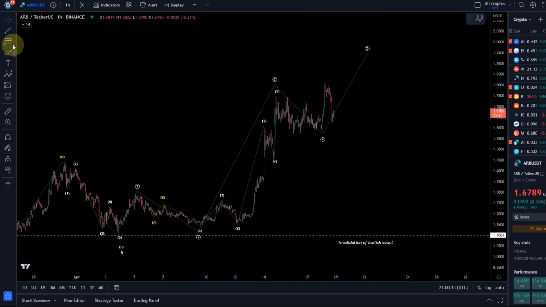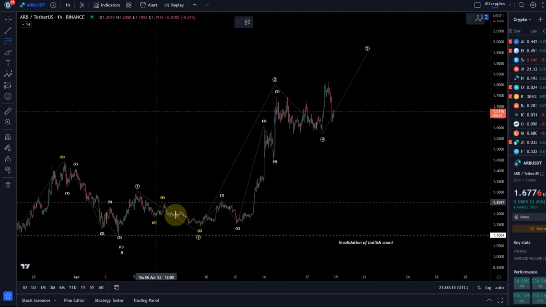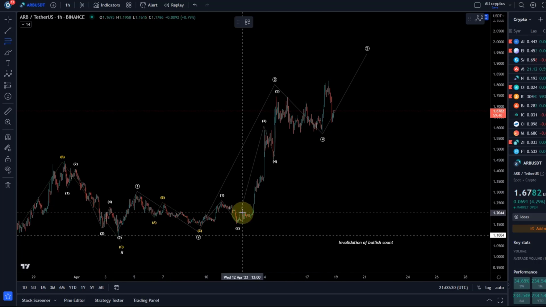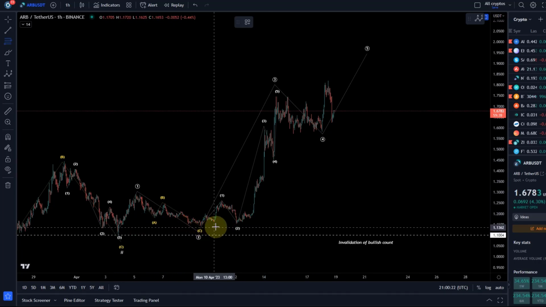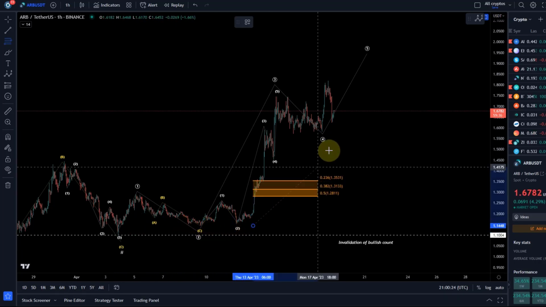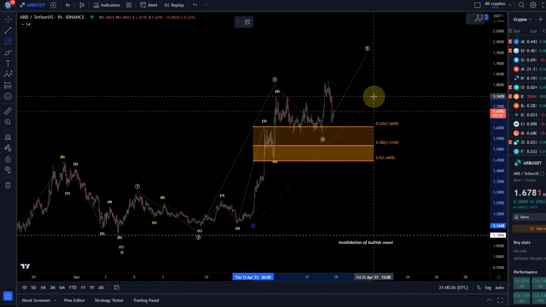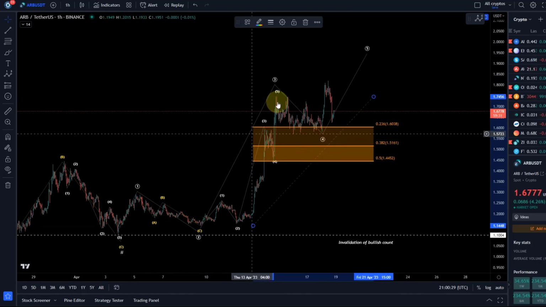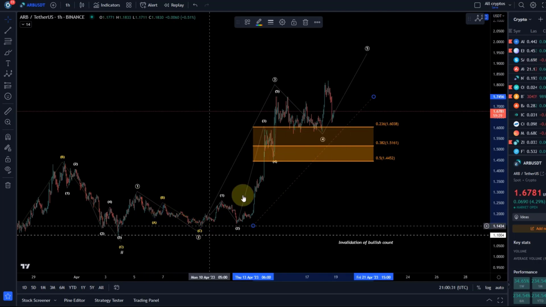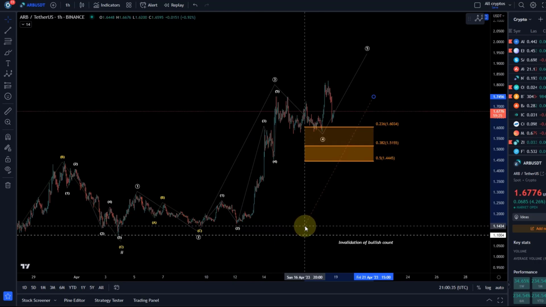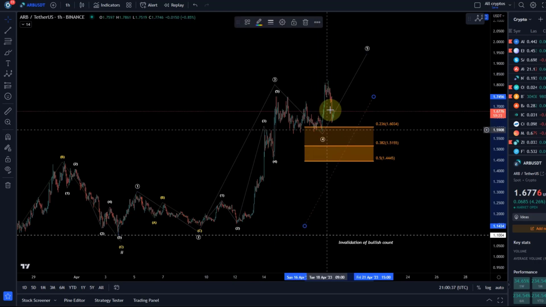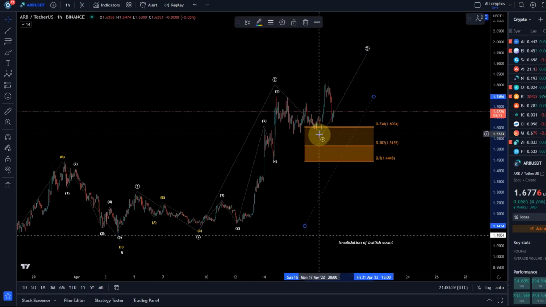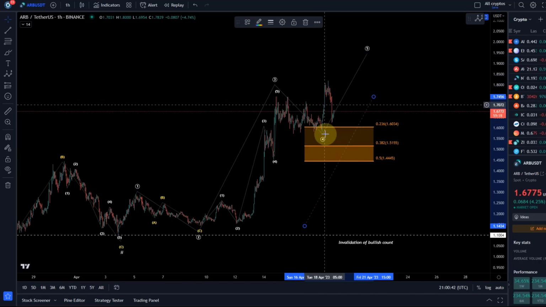Now let's define how low this fourth wave can actually go. Also, proportions of wave 2 and 4 work out quite well together. Okay, so we measure the length from the low of wave 2 to the top of the third wave. This is the area it can use in this fourth wave. Now you might say it looks like the fourth wave is already over. Yeah, it looks like it,